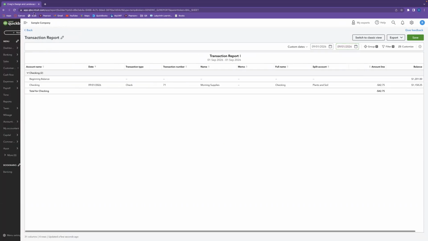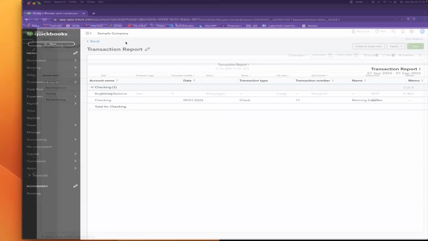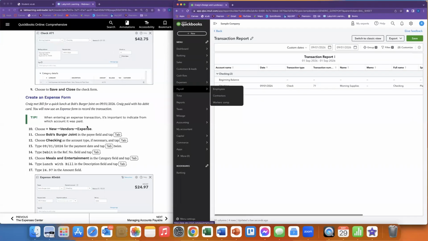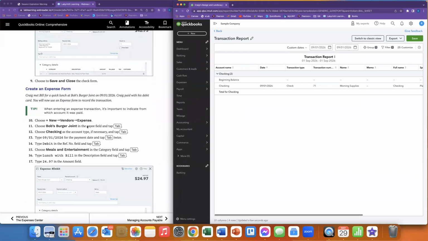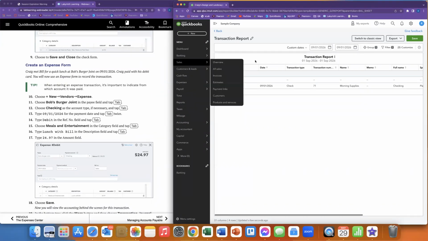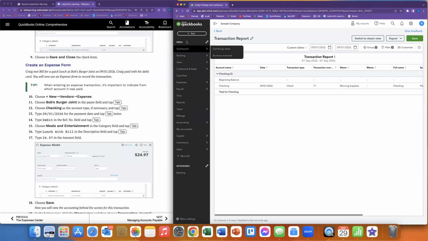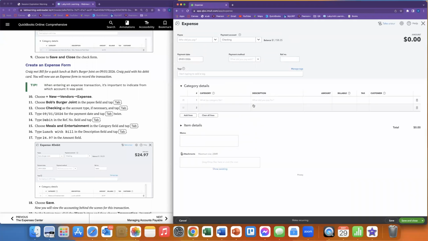All right. Okay, so let's move on with the homework so we can get through this. Create an expense form. Choose new vendors and expense. Okay, expense. This is our expense form. And what does it say? Choose Bob's Burger Joint. Okay,